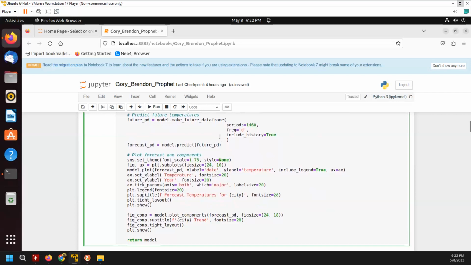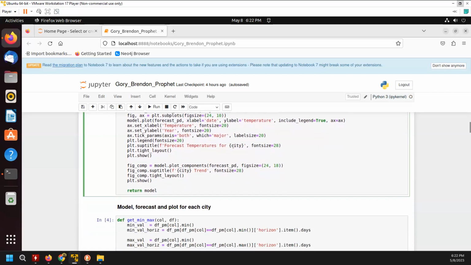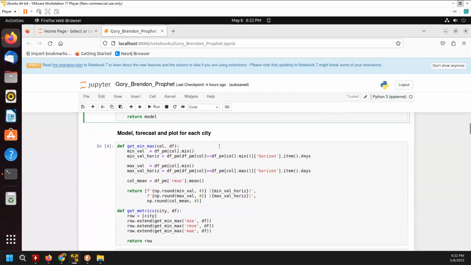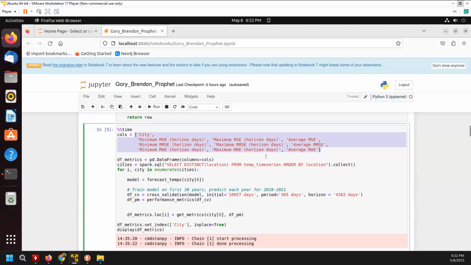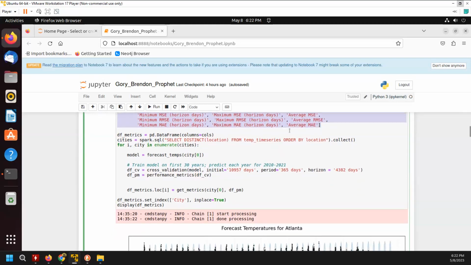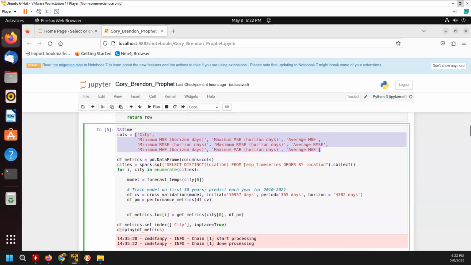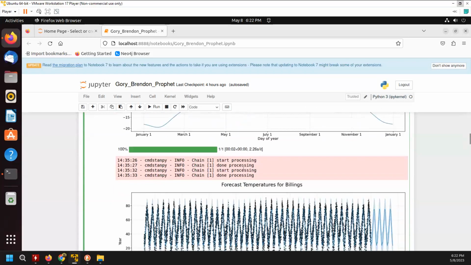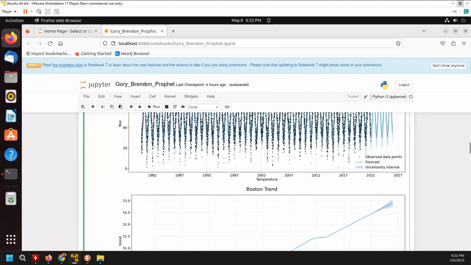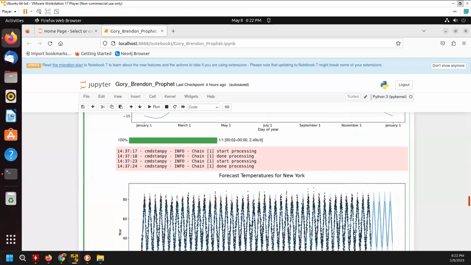And then we're going to do future predictions on it. And then we're going to evaluate how well the model runs based on the RMSE, but you see here that Prophet can create different values of it. And here are the plots that come out.